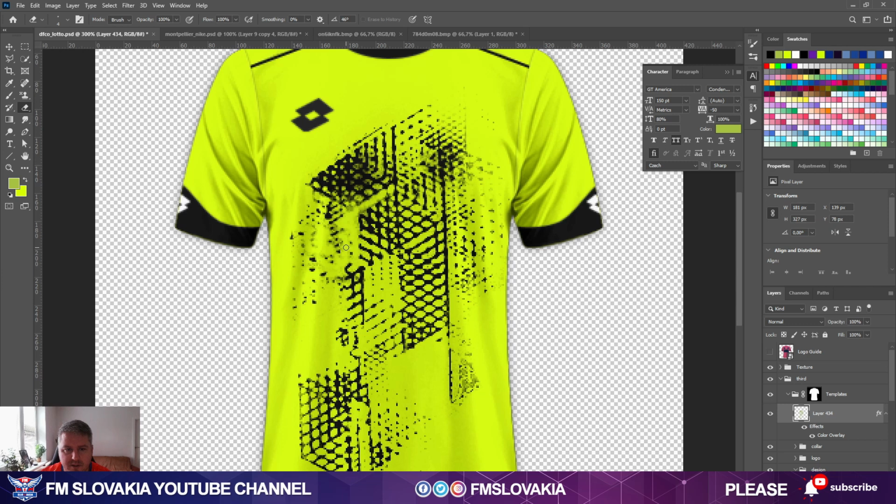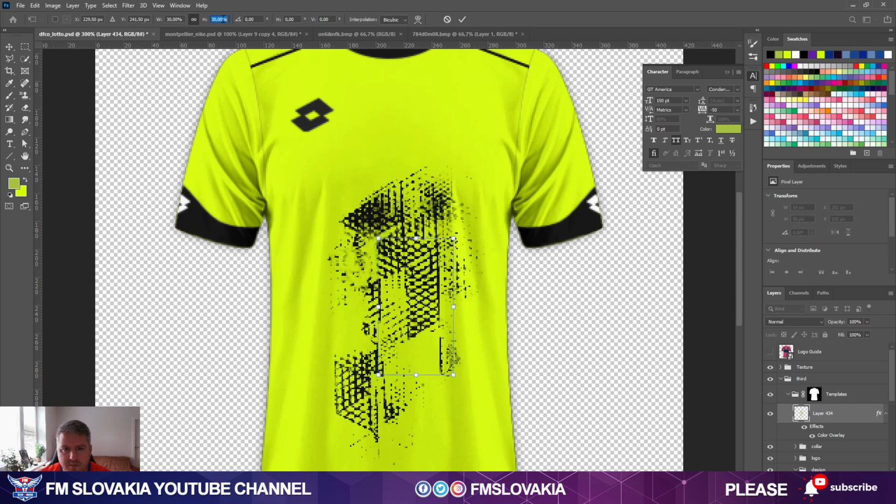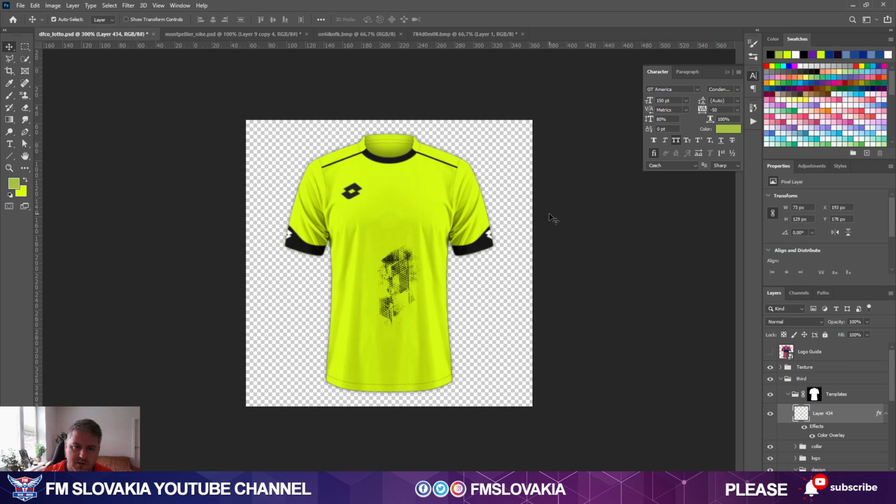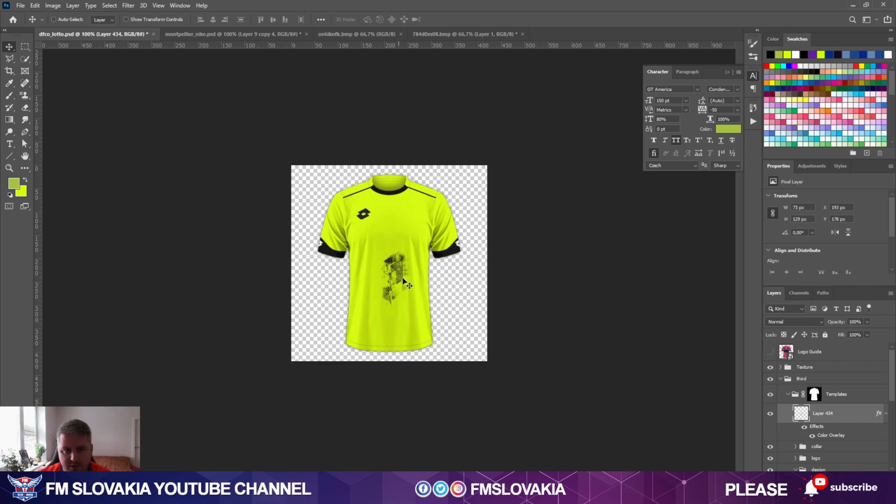Okay, we will scale it down so we lose the fuzziness of it. So I again click on the move tool, hit Ctrl T for transform, and I make it maybe 40% high. I hit OK. Now I have the pattern ready and I just duplicate it a few times and move it. Okay,